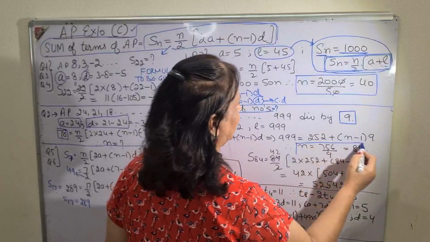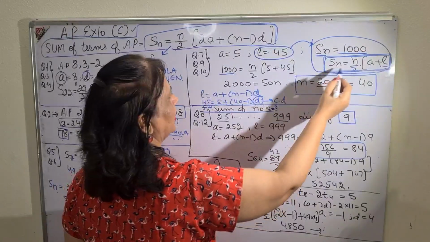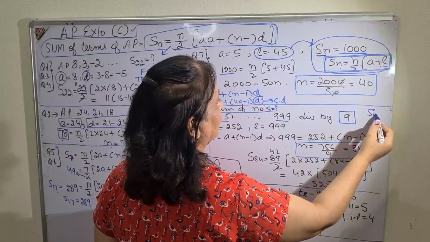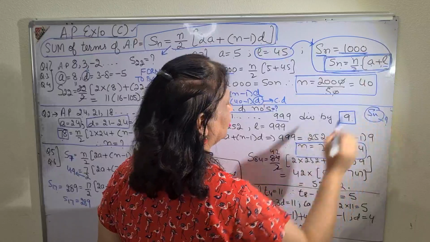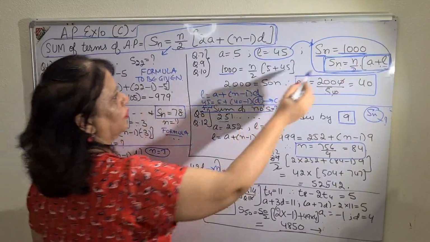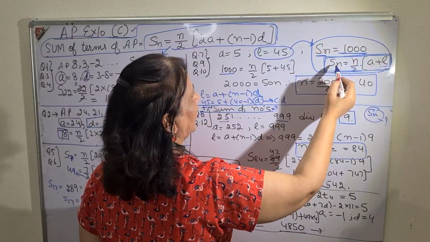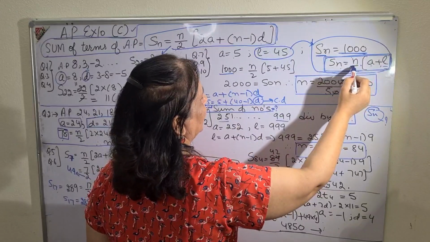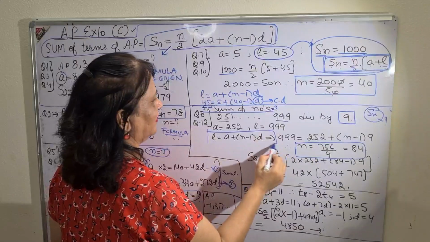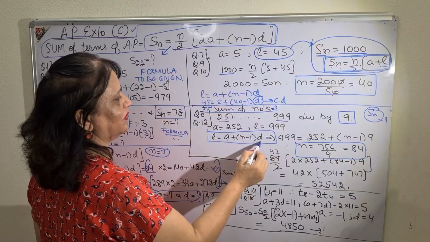Now you must be wondering, ma'am told us that if I have the first term and last term, we should use Sn is equal to n by 2 into (a plus L). But children, I don't have Sn here. I should know Sn also. Since I don't know Sn, I can't use that formula. Out of these four, I should know at least three: Sn, a and L, then only I can find n. Since I don't know Sn, I use the first type of formula that I used in the last exercise also: L is equal to a plus n minus 1 into d.